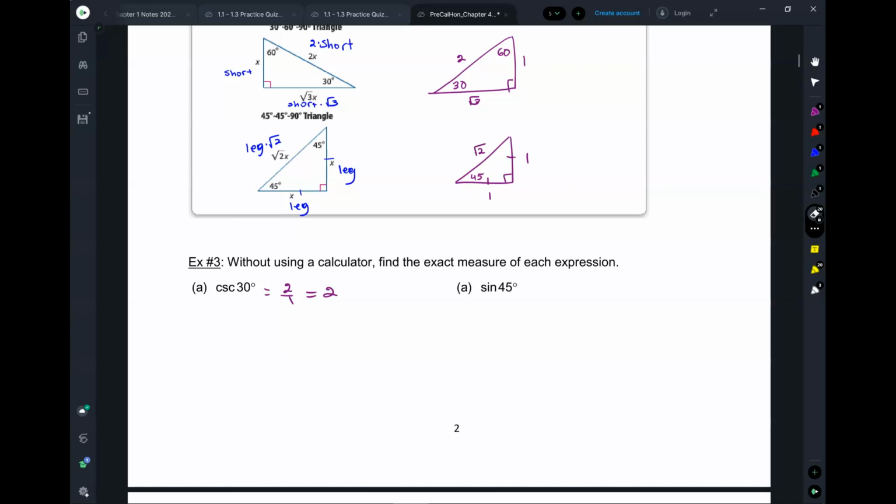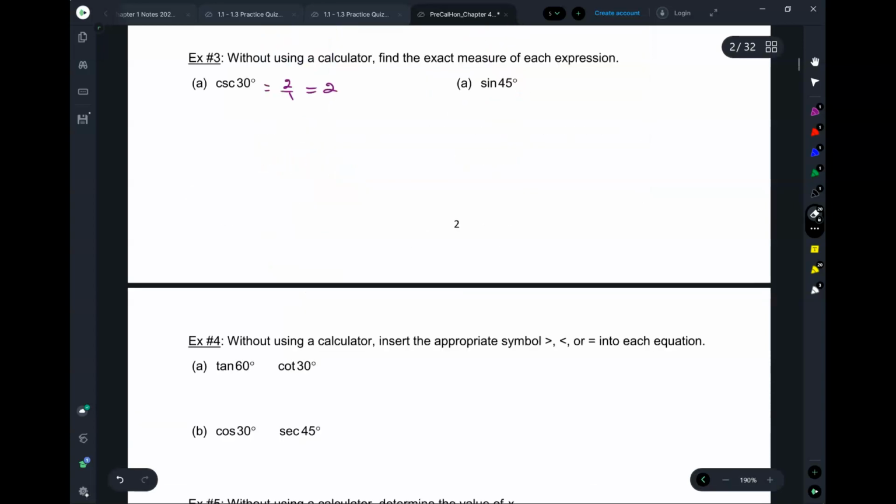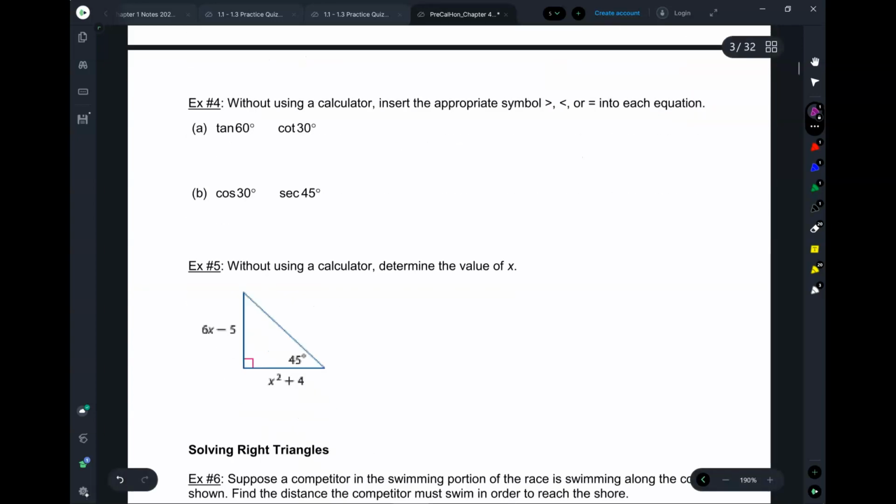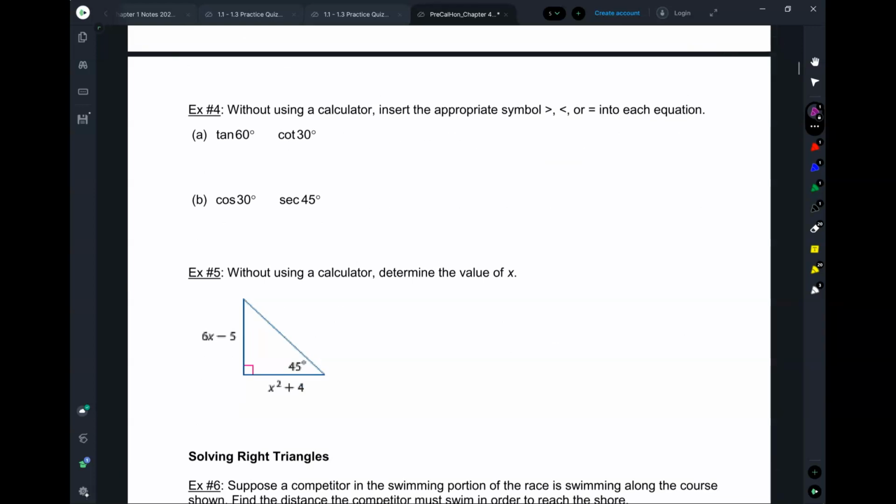Okay, so just visualize. Here's how I would do it, like when I was in high school. Sine of 45 degrees, right? What does a 45, 45, 90 triangle look like? It looks like this. So sine of 45 must be 1 over root 2. Okay? All right. So here, we want to compare